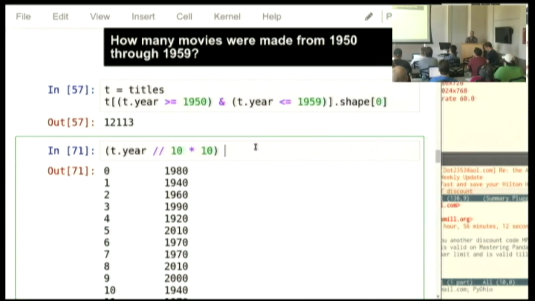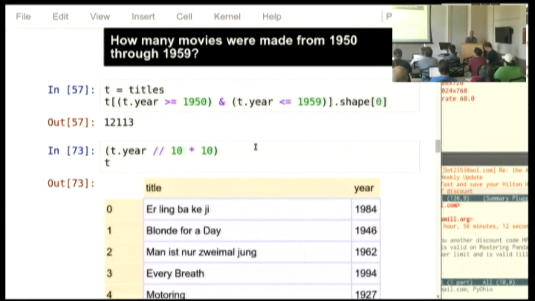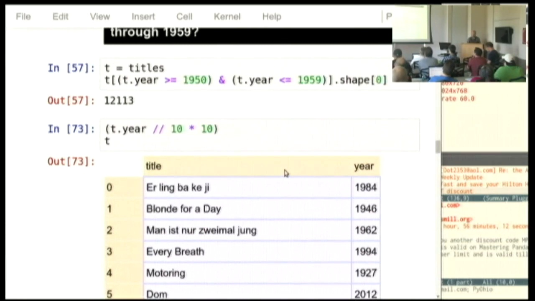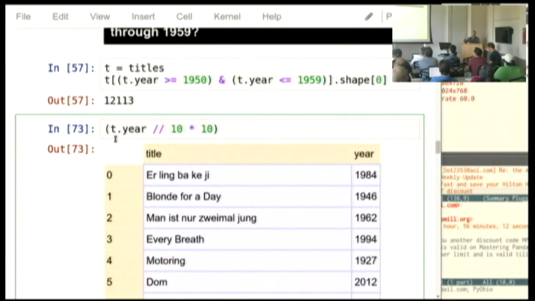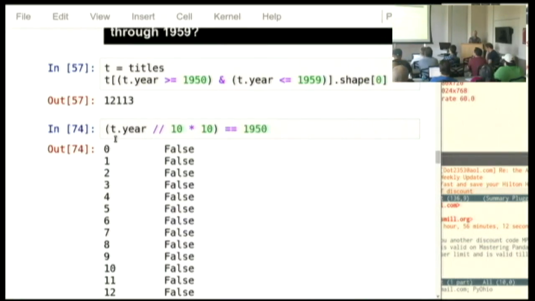Just because I compute it here doesn't mean that it has suddenly appeared in the data frame. This is a throwaway intermediate value that I've created, and yet I can do the same kinds of comparisons on it that I did on series that lived in the data frame. I've created a temporary series with decades in it that lives outside of the data frame, and it follows all of the same rules as the series that are inside the data frame. It just happens to live outside of it as an object.